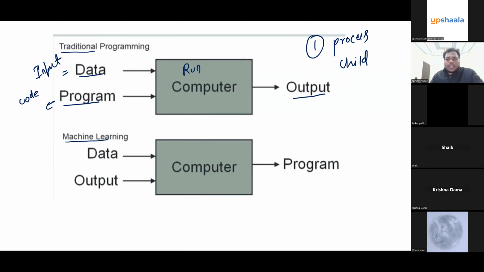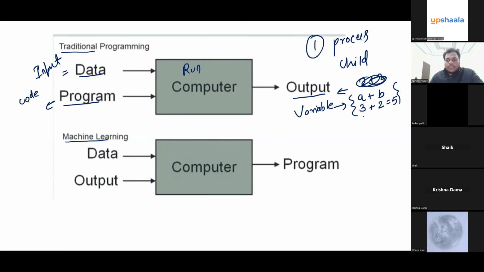The major drawback is, suppose you have given 2 plus 2. Suppose instead of writing 2 plus 2, you take the values of A and B as input from the user and you want to do the sum. Suppose the value of A is 3, the value of B is 2, and the resultant will be 5. What happens in traditional programming is that these constraints or variables are fixed in nature. They are not dynamic in nature.